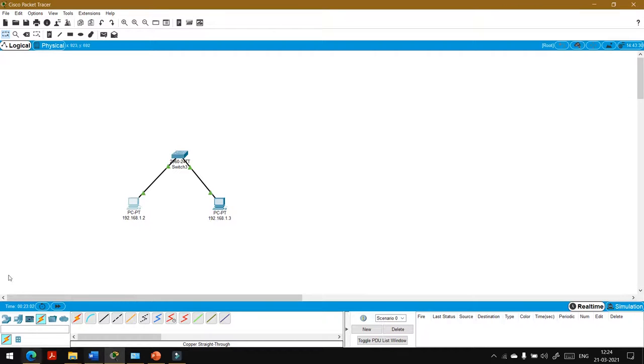Now we are going to create another LAN. This PC, and the second PC. Then we will take one switch 2960.